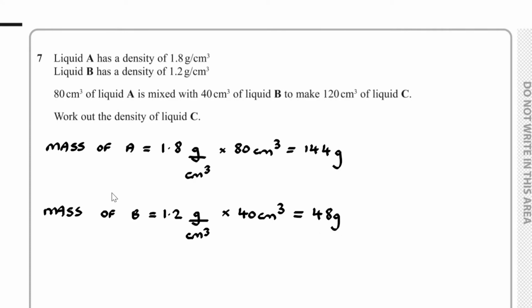And so what we can do is find out the total mass of C. The total mass of C will equal 144 plus 48, which is equal to 192